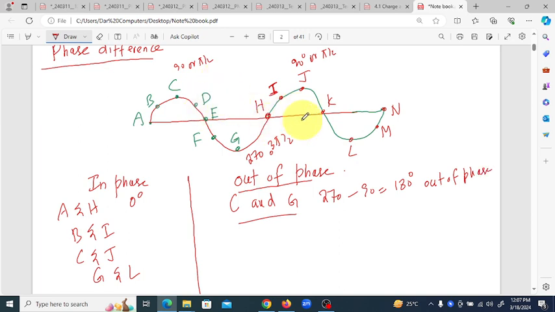Similarly, you can also compare any 2 points. For example, if we compare C and J, they are also in phase. If we compare C and K, for example,